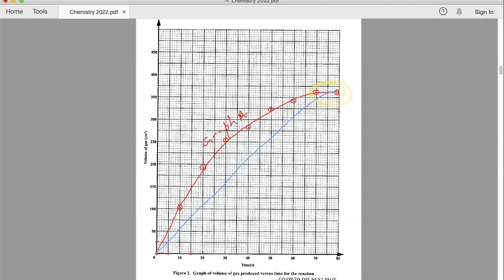We see that for graph A, we really should label graph B. That's granulated CaCO3, and this one is powdered. All right, so we're seeing that the final volume produced is still 360 cm³, but we're seeing that this volume was produced